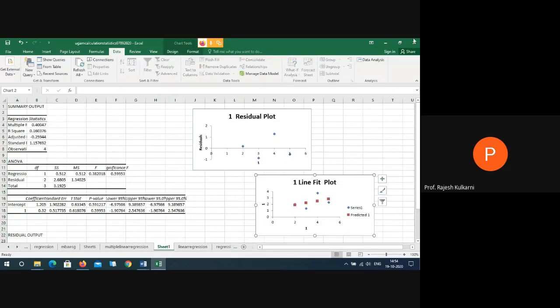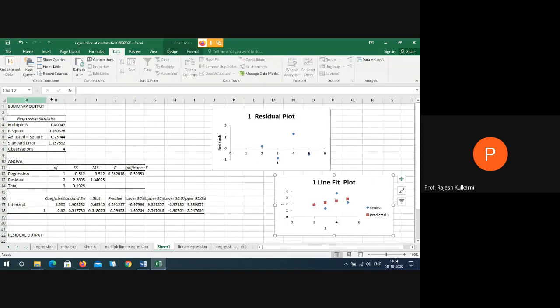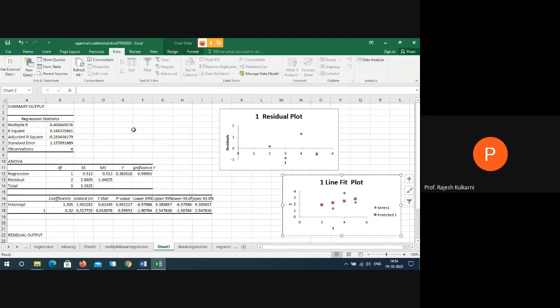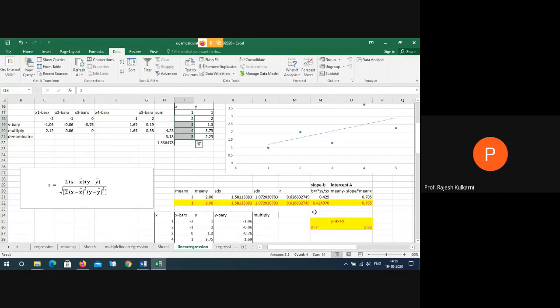So these are the two graphs drawn. Do you remember the value of R? What is the value of R here?